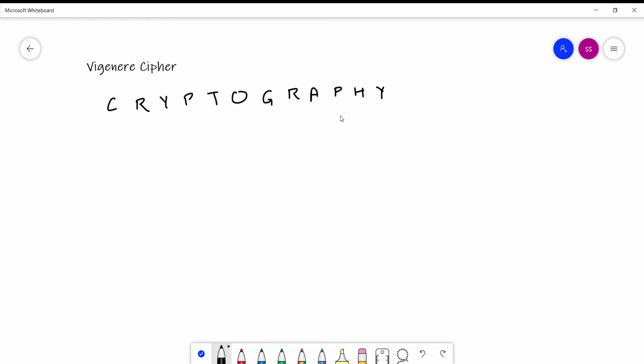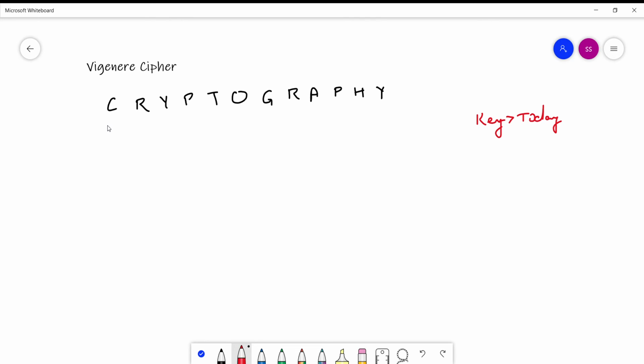In the Caesar cipher we saw that the key was a number or digit which we called n. We have to choose an n, and according to that we have to find the ciphertext. Okay, but here the key should be a word. So let the key be today. Okay, so the key is today.